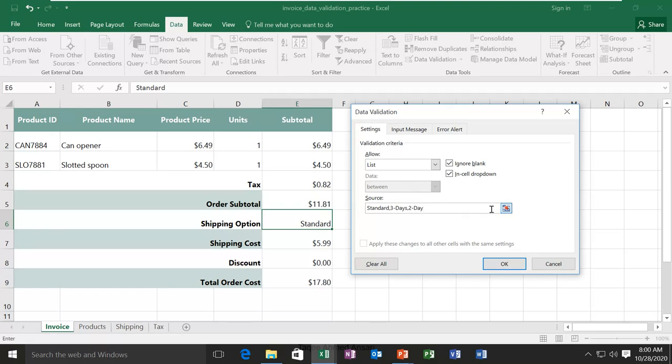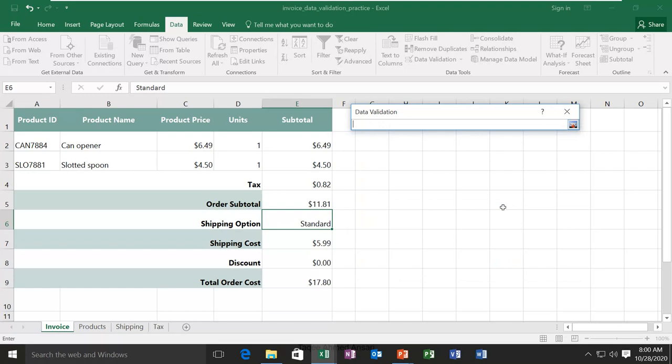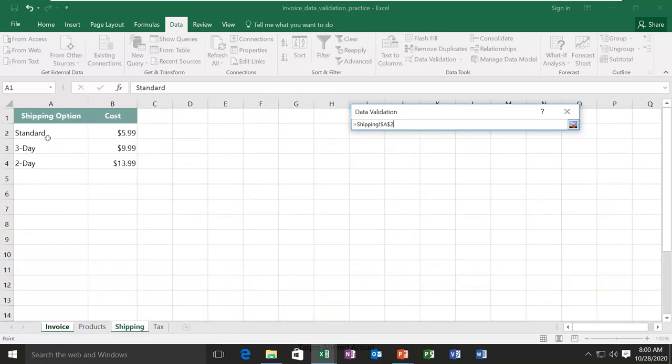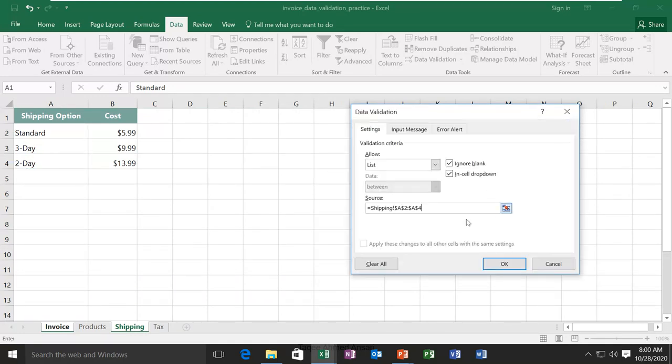What we can do is select the range by using this arrow key. Go to the sheet and select the range which you want in the list. Now you have the list here. Choosing the reference is a good idea, because if the reference changes, the value will also change. So okay.